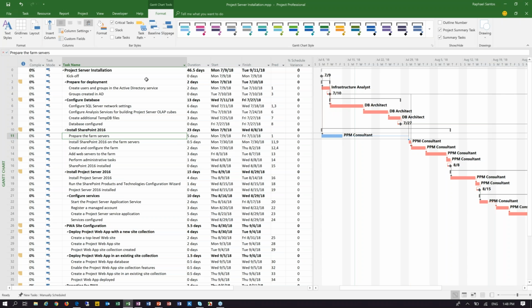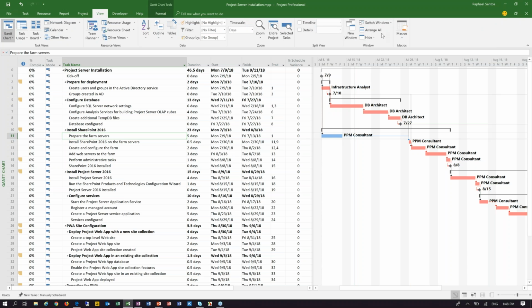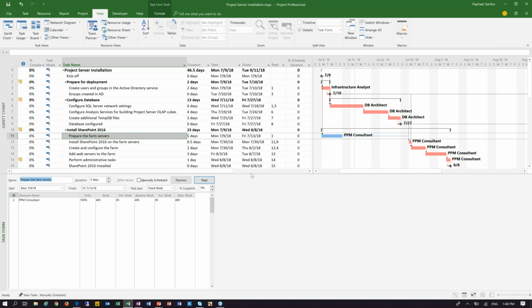But if we go to the details of this task, we can see that the PPM consultant is assigned with 100% of his time to do this task, which means that a 40-hour task will take 5